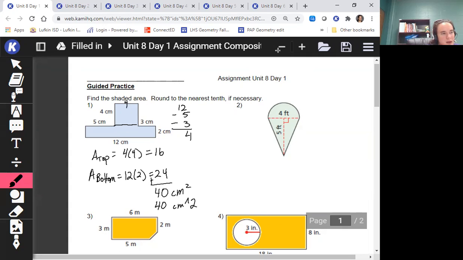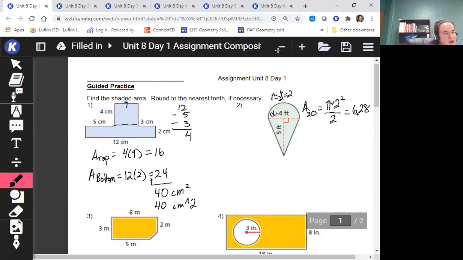Then our next figure, we have a triangle on the bottom and a semicircle, a half circle on top. So we need to find the area of the half circle. And so that's going to be pi times our radius. We have our diameter right now, and our radius is half of our diameter. So 4 divided by 2, which is 2. So pi 2 squared divided by 2. And that gets us